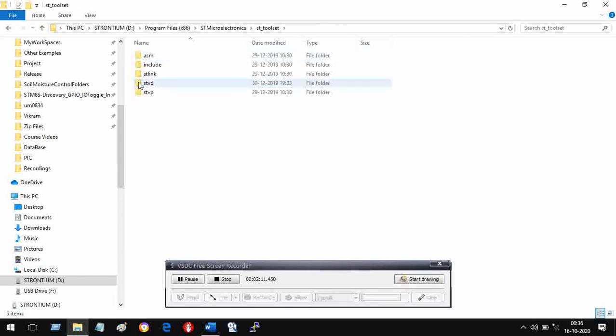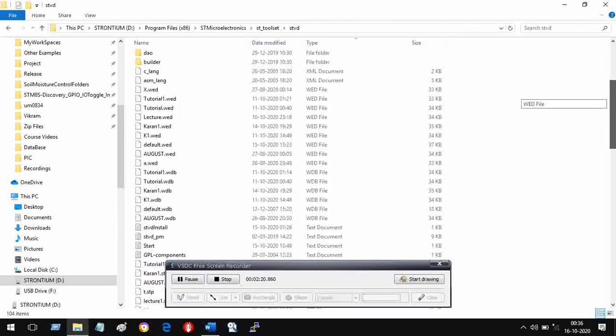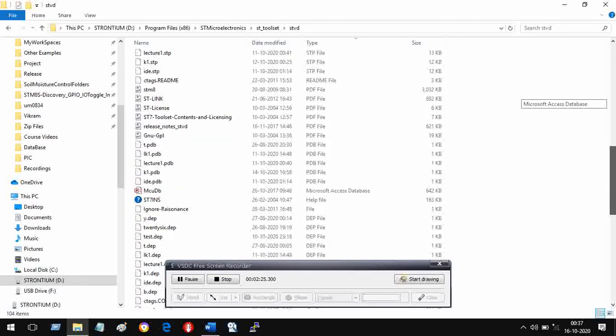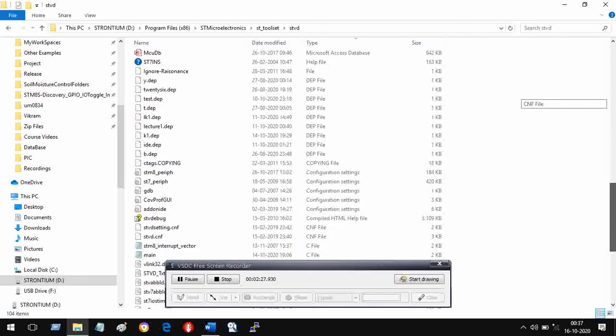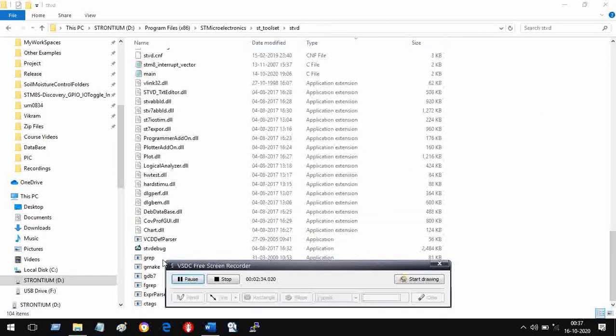and you will see here STVD, and what you have to do is scroll down, and as you scroll down, you will come to STVD debug.